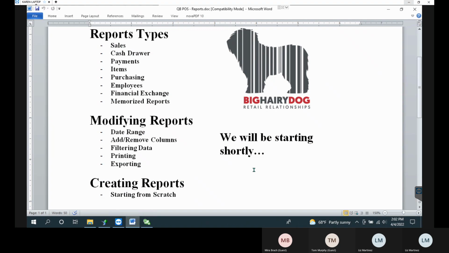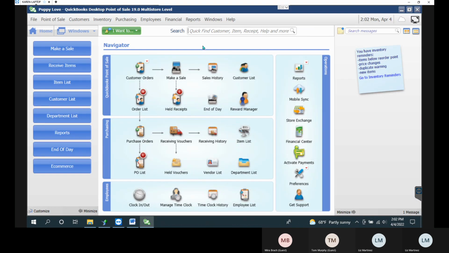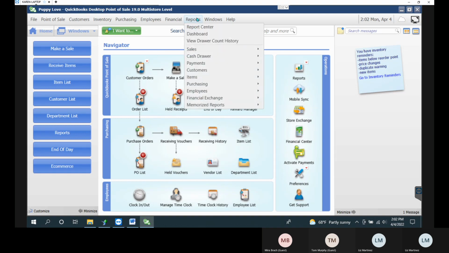And this is our basic little agenda here. So we're going to start off at the top, and we're going to start off with our sales level reporting, followed by our cash drawer and then payments. All right, so one of the easiest ways to jump into our reports area is to go to the reports at the very top. So we can actually go into the reports center or our dashboard, which is technically two